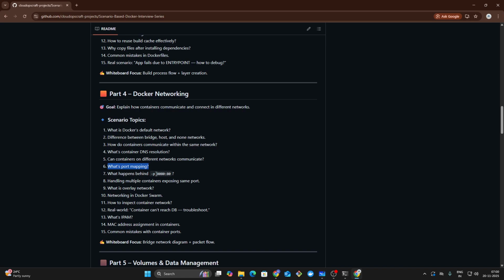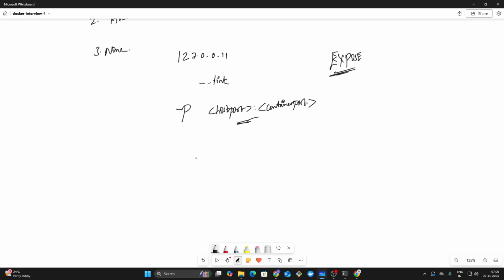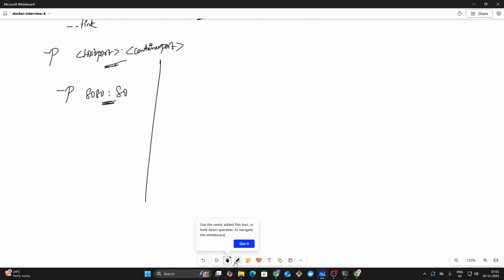The next question is, what happens behind -p 8080:80? This is also a follow-up question. If I use -p 8080:80, what will happen? If they ask this question, they expect a low level explanation of NAT, veth, and iptables changes. Whenever you run docker run -p, for example docker run -p 8080:80 image name,